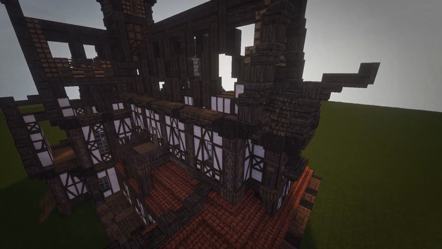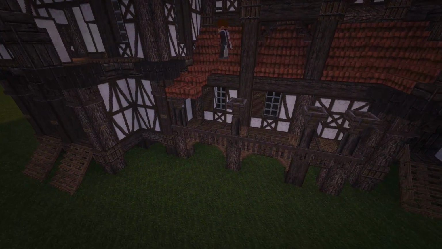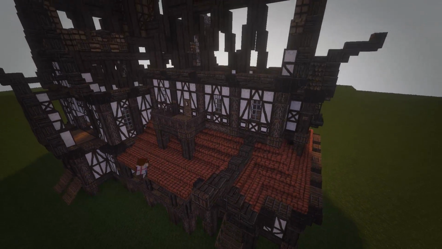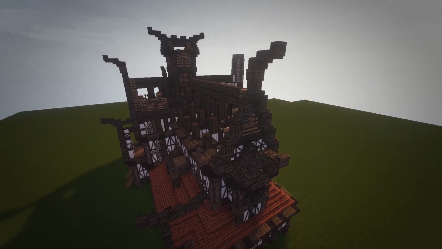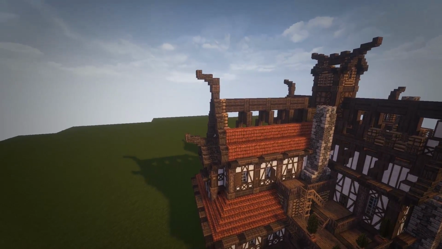Now we're using a little bit of brown clay as well. So you see above that bay window we just did there, we used a little bit of red or brown clay, brown roof tiles. And then we use the half slabs of the red clay to make a nice smooth transition there. So now we're going to be working on the actual roof of the inn here,